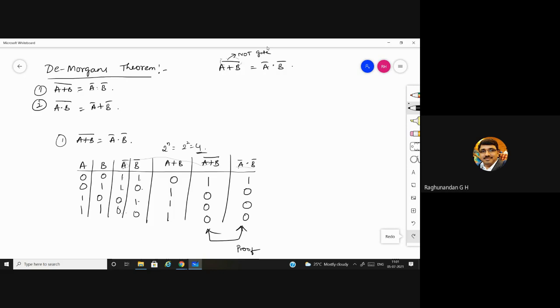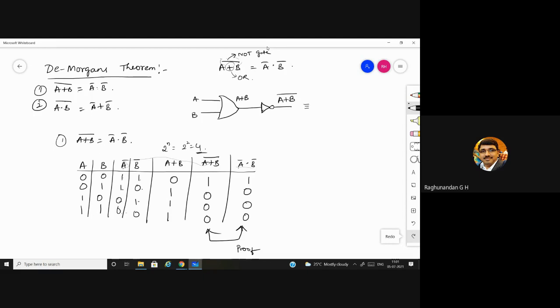Complement of sum: sum means we need to use an OR gate. So the two gates we are going to use: first, for A plus B, use the OR gate, which gives the sum of the two inputs. At the output, you pass it through the NOT gate, and finally it will be (A + B) whole bar.